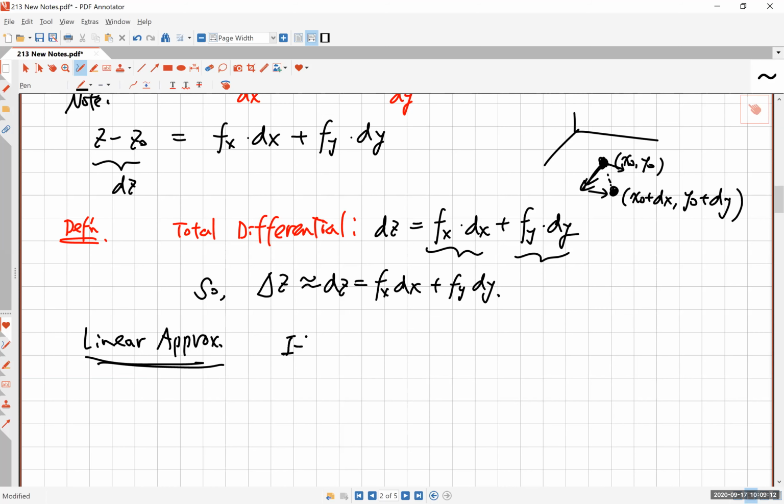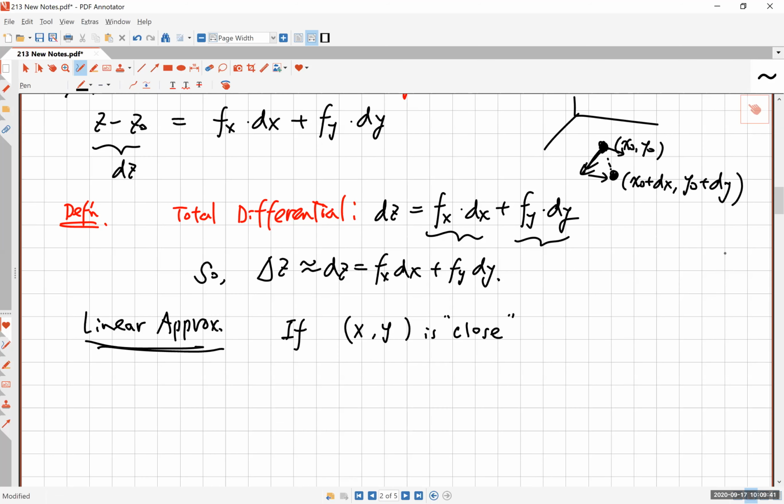If x, y is close, and again, you have to understand what the word close is. It's reasonably close, where the approximation actually makes sense. If it's close to that reference point, x naught, y naught, and if f is differentiable,